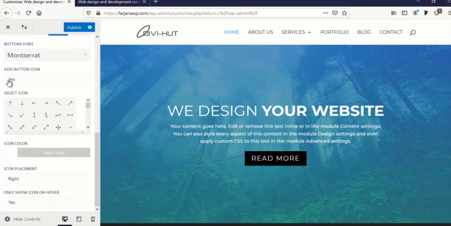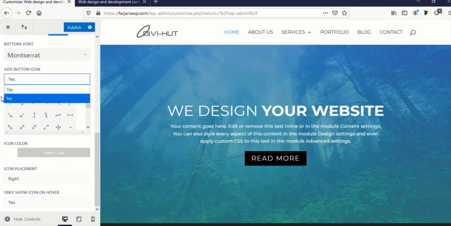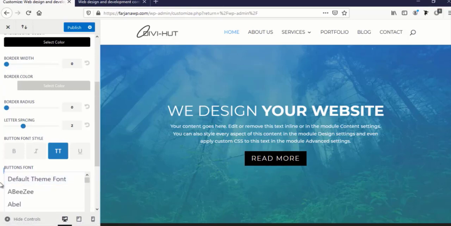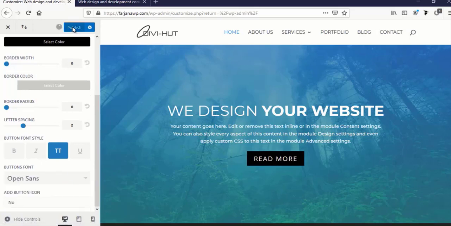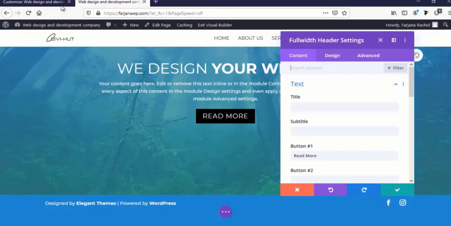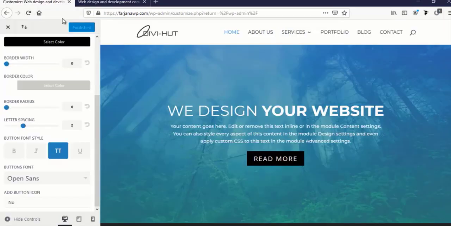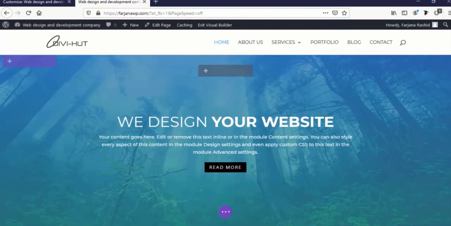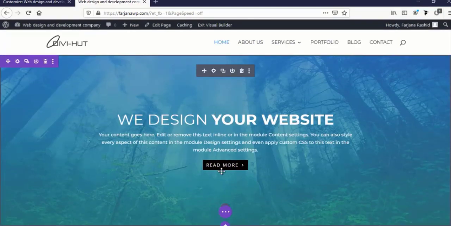and from here add icon with button. I am not interested in adding an icon with the button, so I am selecting no. And from here we can set our button font. So I am changing it again to Open Sans, and now I'm going to publish it. Okay, so now I'm going to refresh my page view again. And now it looks so small,